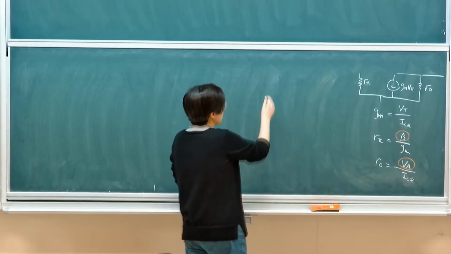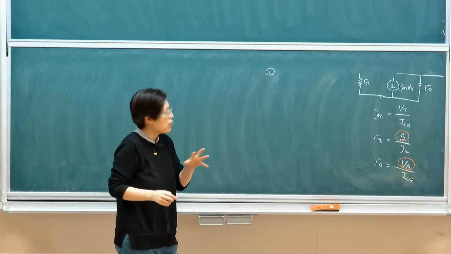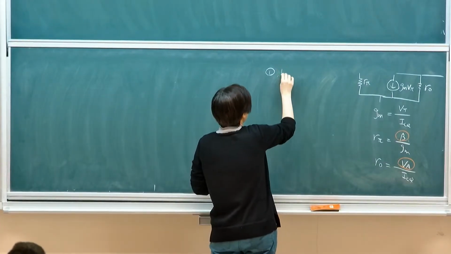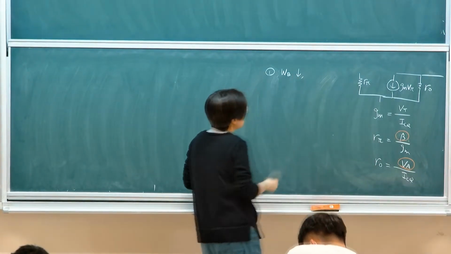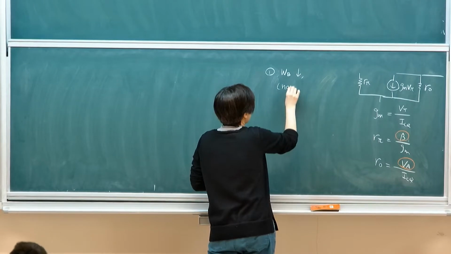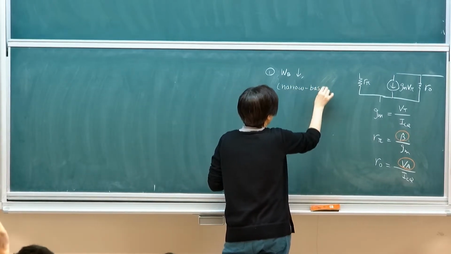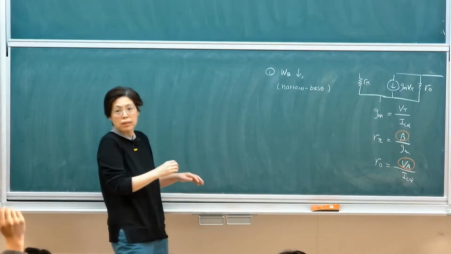One of the key important things you need to understand is that I want to extend a little on the discussion of the early effect. When WB decreases, this is called a narrow base device. The reason we want a narrow base, of course, is that it would lead to